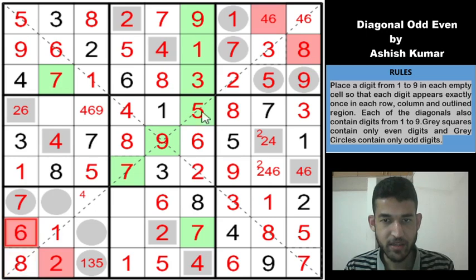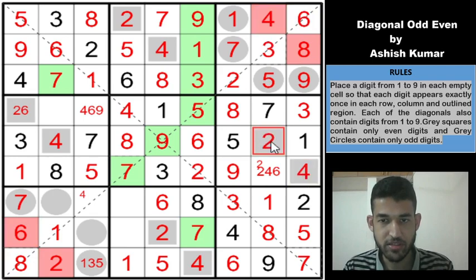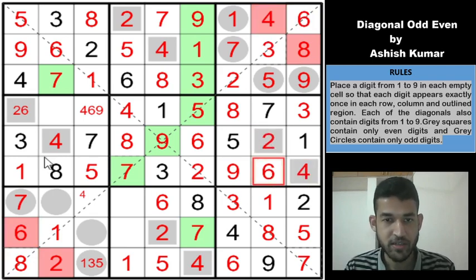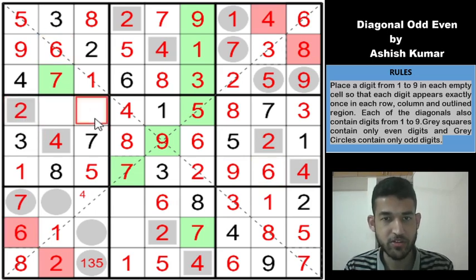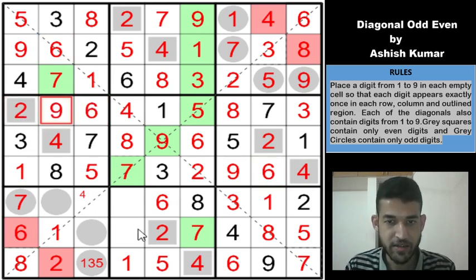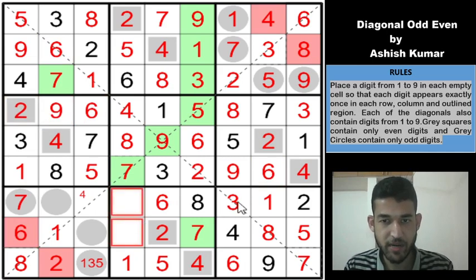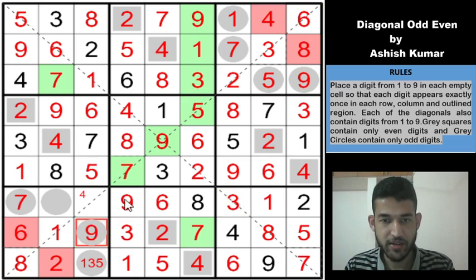And 6 in this diagonal, top right to bottom left, can only go in this cell. So this is a 6, this is a 4, this is a 4, this is a 2, this is a 6. This 6 gives us a 2 here. These two cells must be 6 and 9, because of the 6 you get the 6 and the 9 here. And these two cells must be 3 and 9, because of the 3 you get the 9 and the 3 here. And this would have to be a 9, classic.